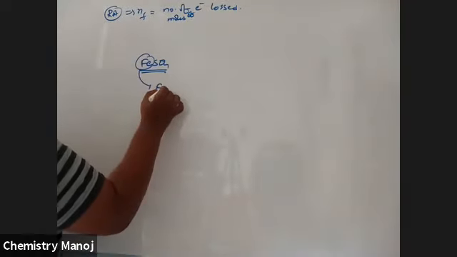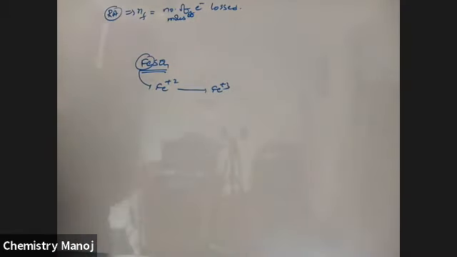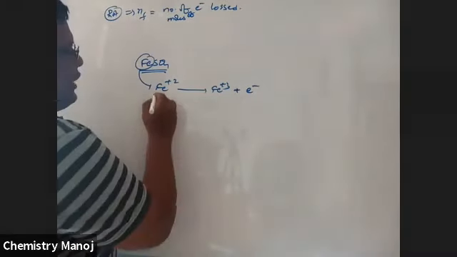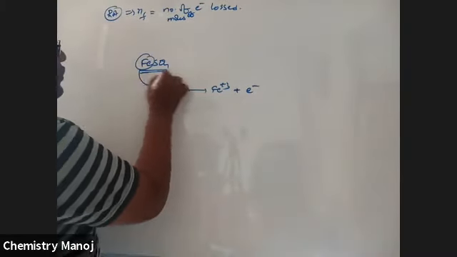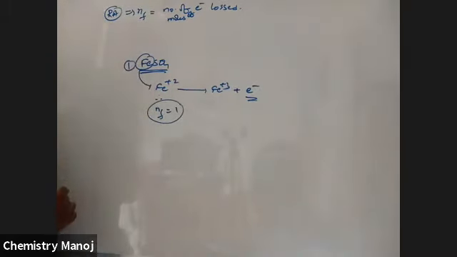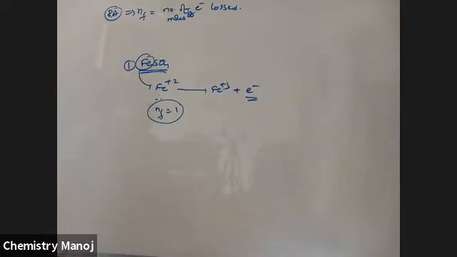So see here, FeSO4, ferrous sulfate. From here, Fe +2 changes to Fe +3. By the losing of 1 electron, the charge is balanced. Therefore, n factor for FeSO4 is equal to 1. Only 1 electron is lost from 1 mole of substance. Therefore, its equivalent weight is equal to molecular weight by 1, because n factor is equal to 1. So it is a reducing agent.